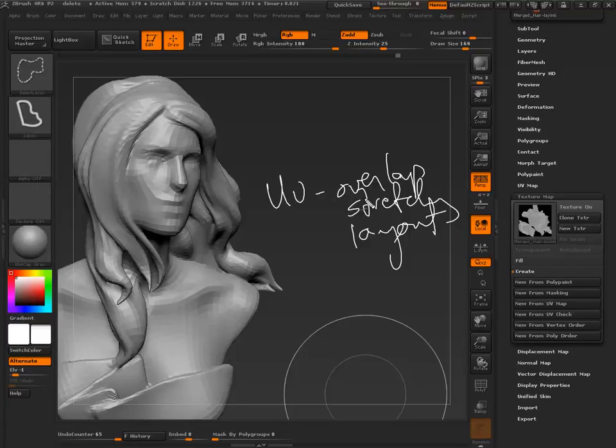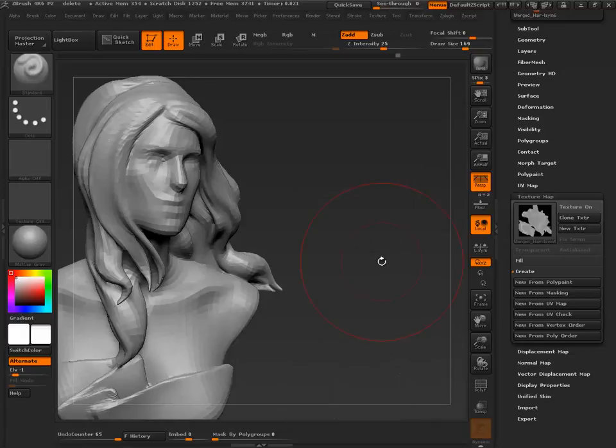But how do you import UVs? Does anybody know? It's really easy. How do you import UVs? I'm so glad we're covering this.